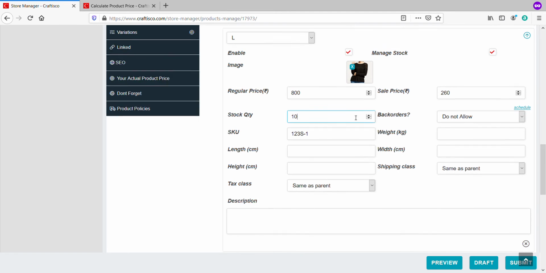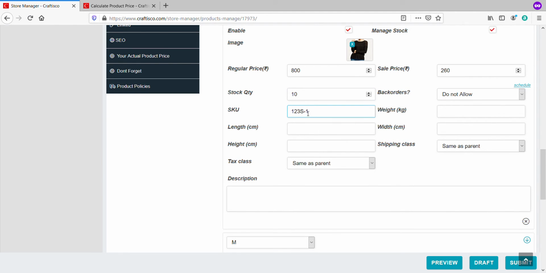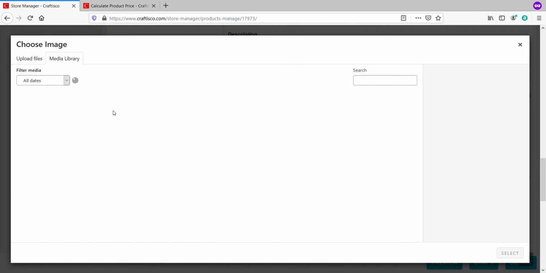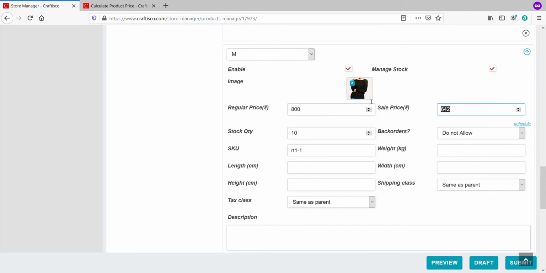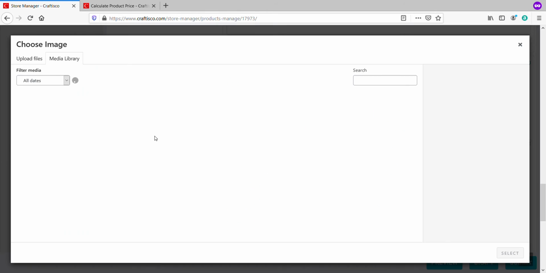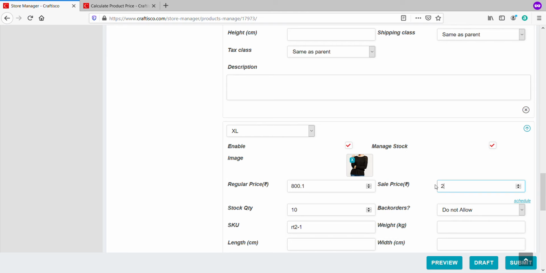Stock unit, as we always mention, is important because people know how many units are there in your stock, so always do a managed stock here, right? Your SKUs, if you see, every SKU has been hyphenated with an incremental number here. So rather than changing the entire content, you're just changing a few descriptions and a few prices or few areas where your products differ from each other. That's all. It's a pretty easy, pretty fast way of creating a new product as well. So let's just do this quickly, and this is 260.